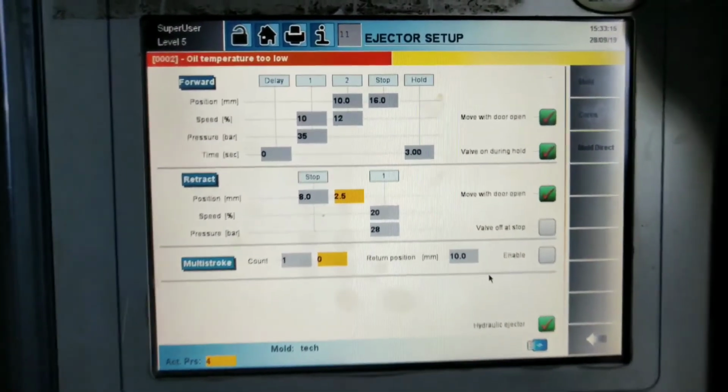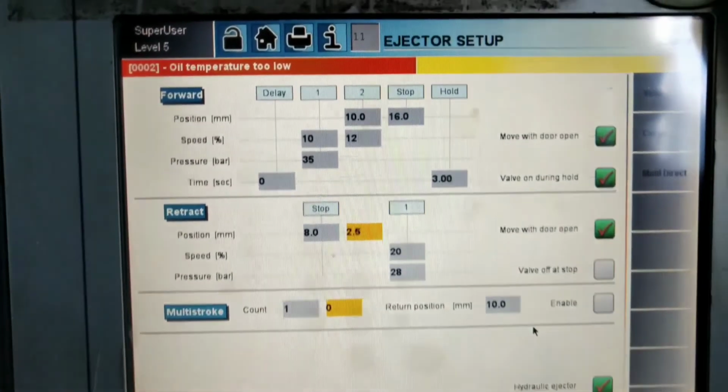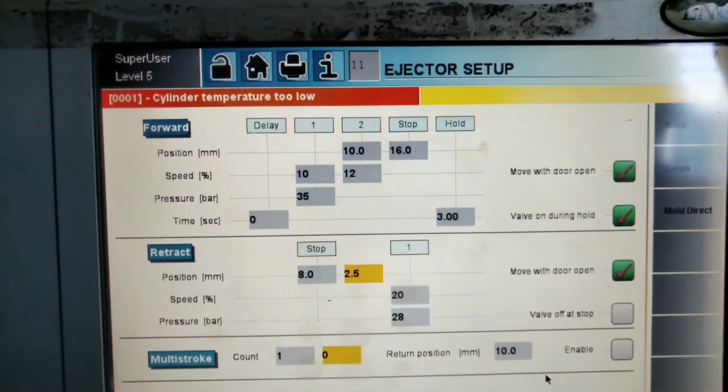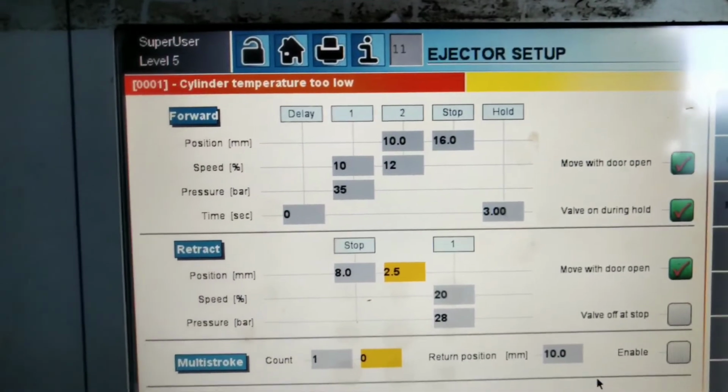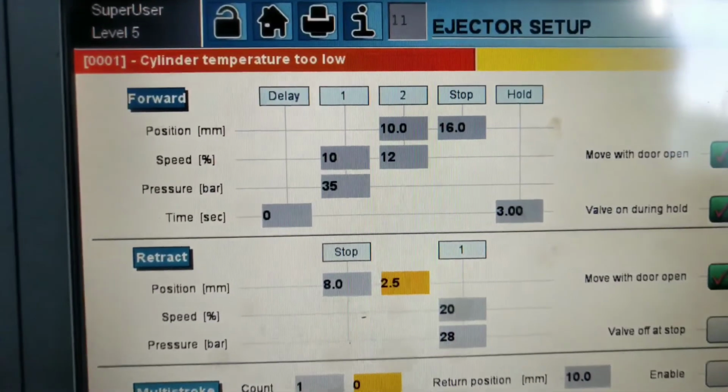So guys, our today's video will be on ejector setup part 2. I'm going to discuss in this part 2 video the complete setup profile of the ejector setup, what is in it,